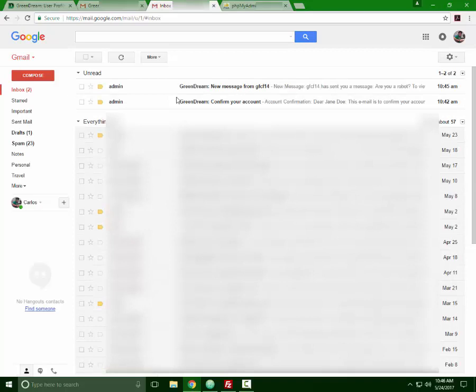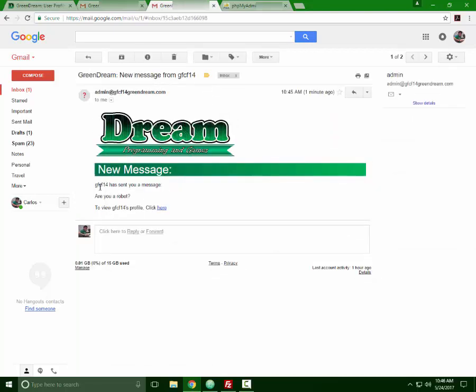So now you can see that there are two messages, one to confirm the account and one that shows a new message from GFCF14, which is the user that was signed on to send the message. Check here. GFCF14 has sent you a message. Are you a robot? Because of the simplicity of this project, I do not have a reply function, but